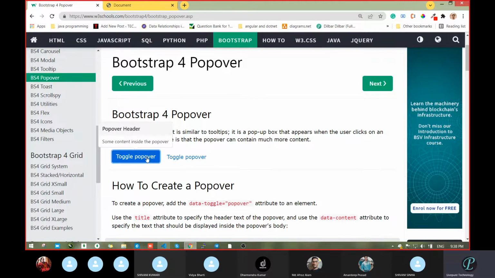When you click on this one, it is going to open some modal, or you can show some message like that wherever you want. It opens on the right side, meaning in whichever direction you want, like a tooltip. The tooltip opened on mouse over, but this does not open on that, it opens on clicking, like a button.